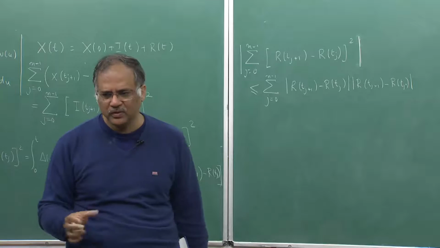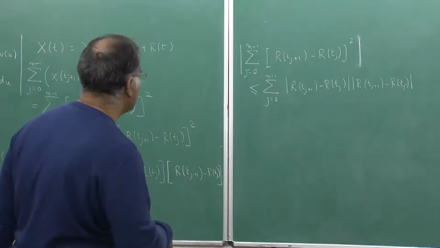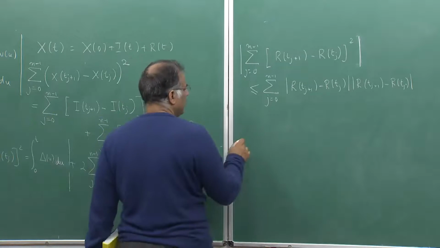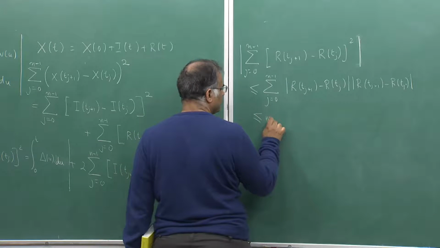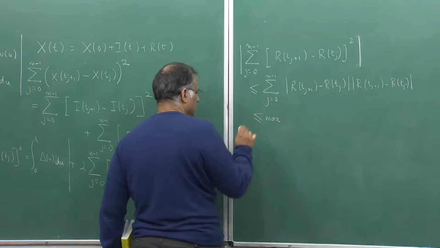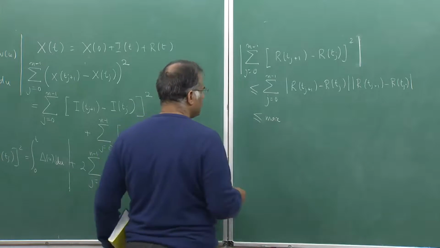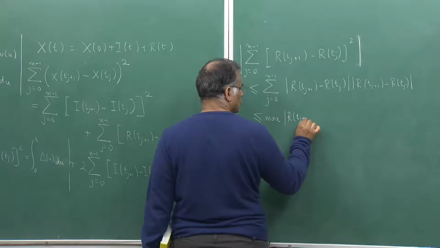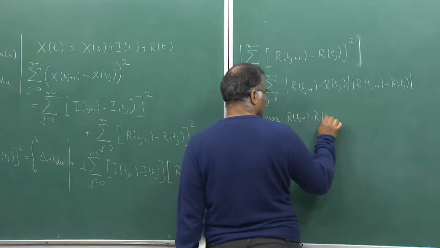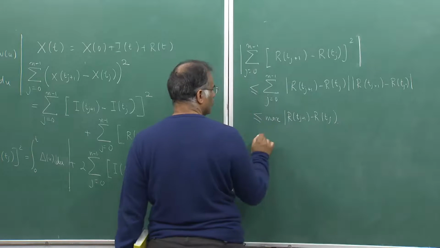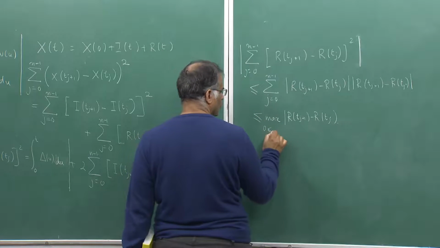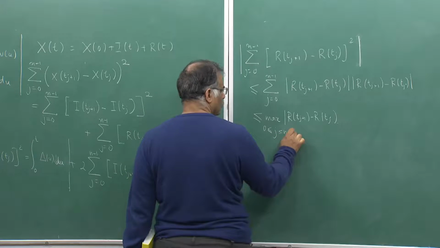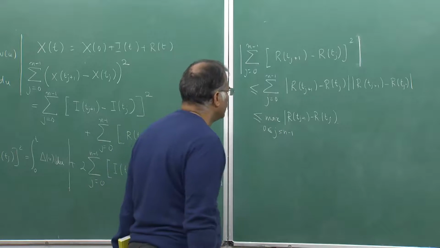There will be a finite number of such differences and hence I can write this to be less than or equal to this thing into this